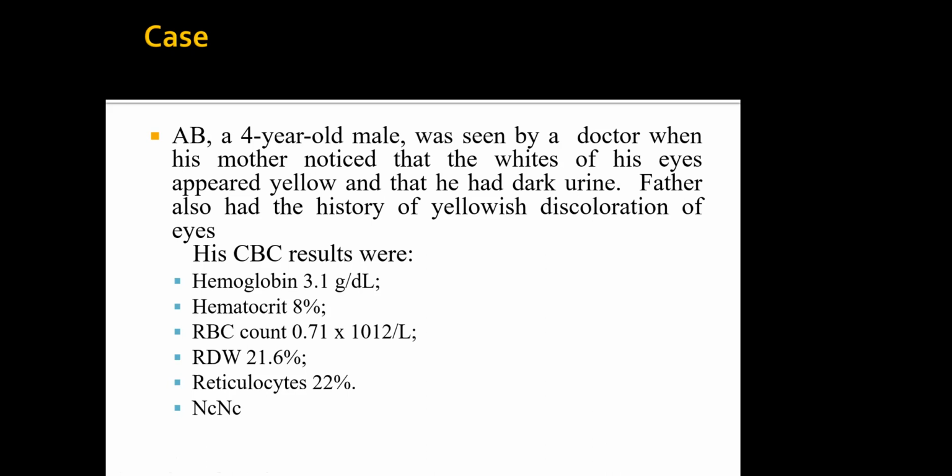So there was some hemolysis, and the reticulocyte count was very high. So this told you that this was hemolysis happening for these patients. The dark colored urine is again an indicator there is hemolysis. The family history of yellowish discoloration tells me that if I ask for a peripheral smear, I will be looking